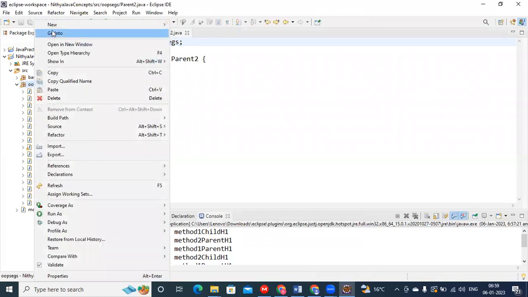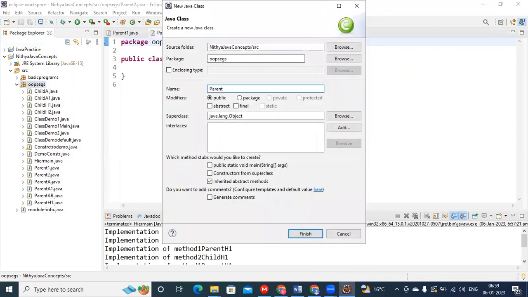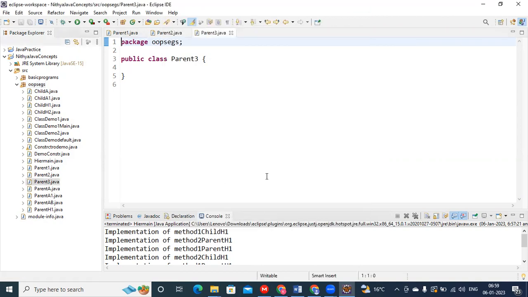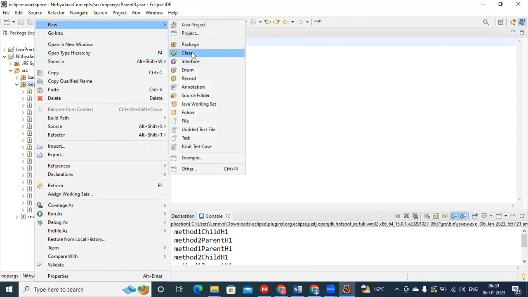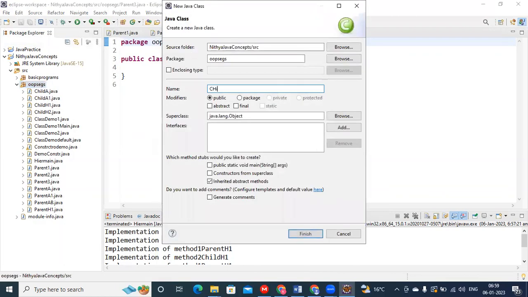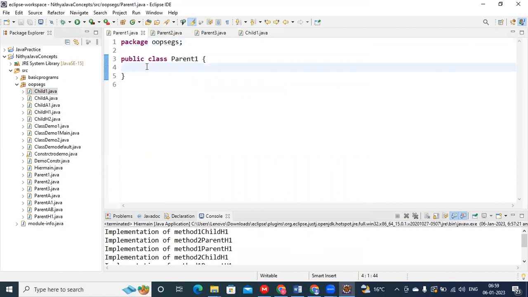So because of that, parent 3, and for all these we will be having just one child class. By using parent 1, parent 2, and parent 3, we are going to implement child 1. In child 1 only we are going to take the main method as well. In each parent class I'll be taking one method,